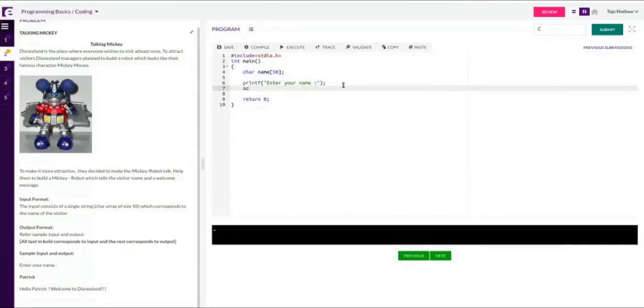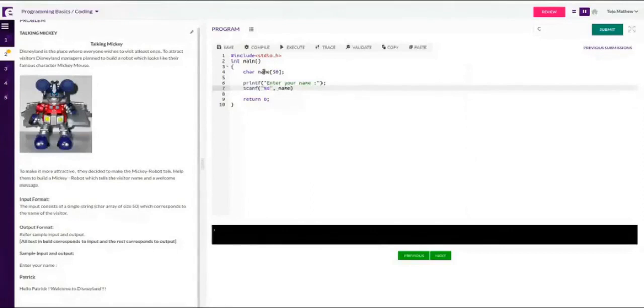For that, you have to put the scanf statement. And for a string, it is %s. When it is only one character, we'll use %c. But since it is a string, we'll use %s and the variable name. If it is a single variable, we use an ampersand.